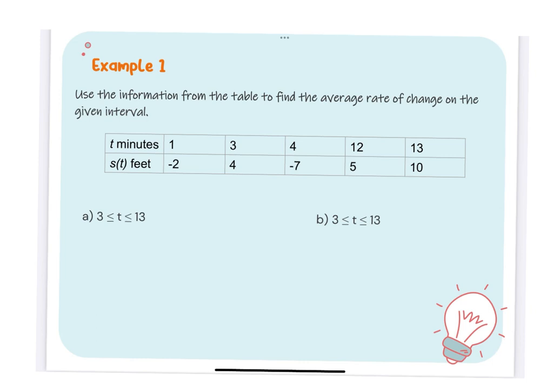We know that. And then it says S of t. So S of t means I'm plugging t in, and S is what I'm getting out of it. So now this is the output. So if I wanted to find rate of change, I would do y2 minus y1 over x2 minus x1. But what changes,